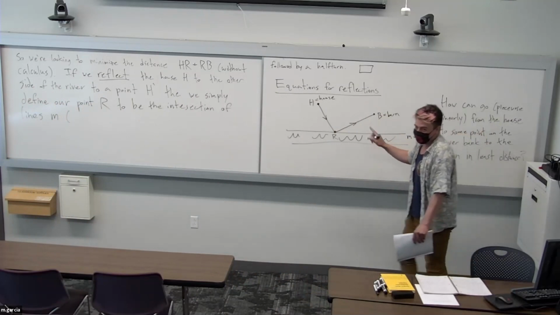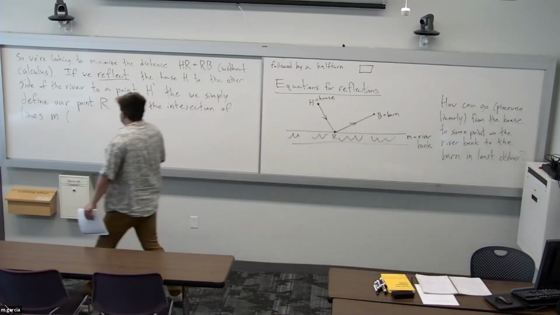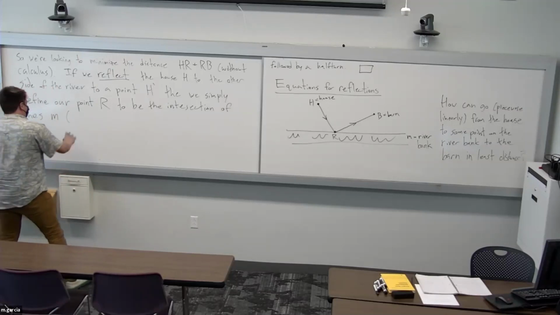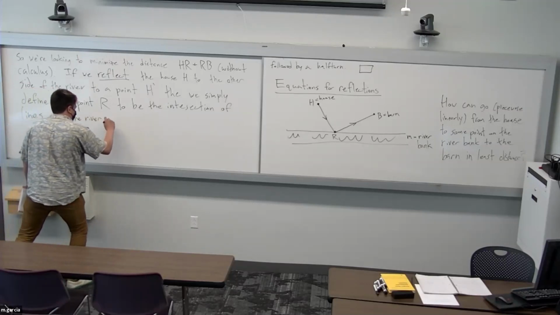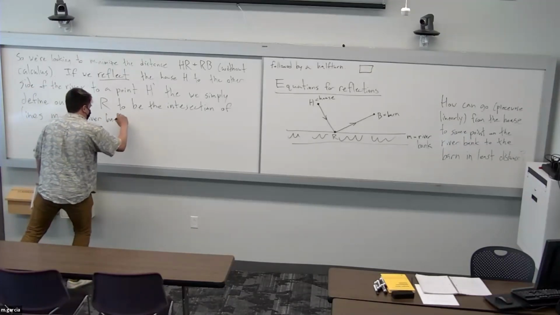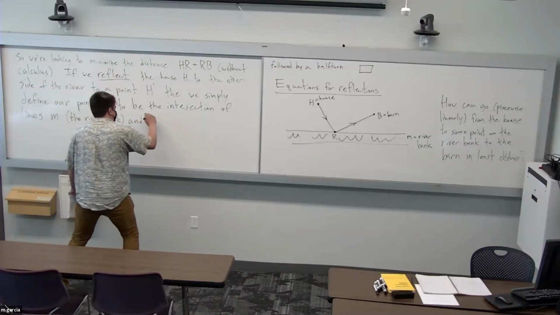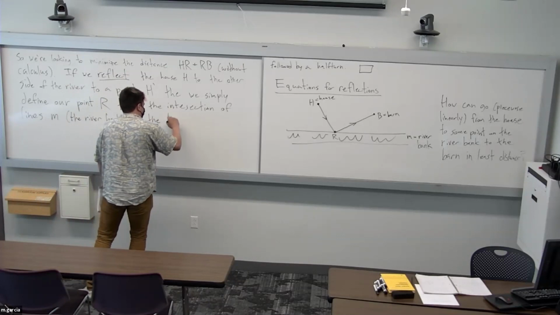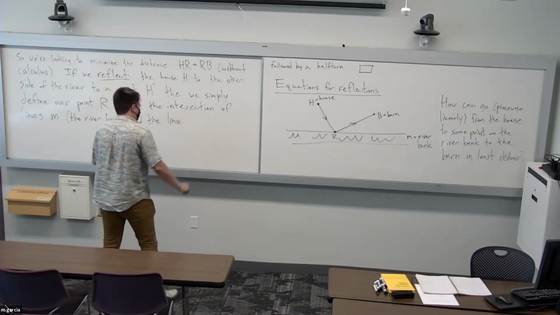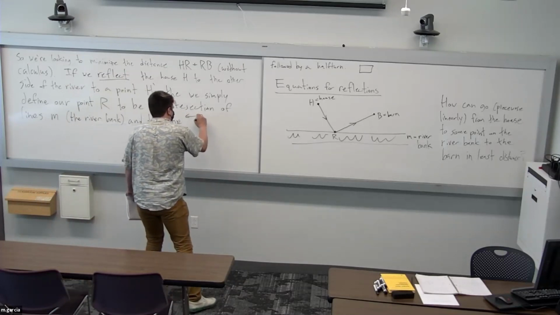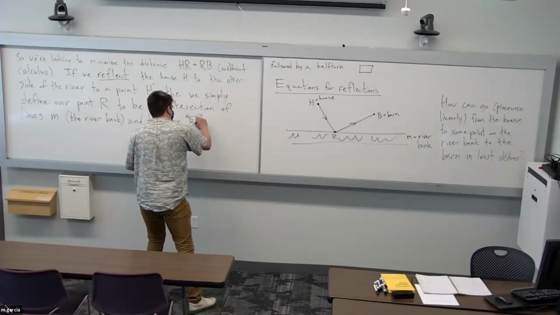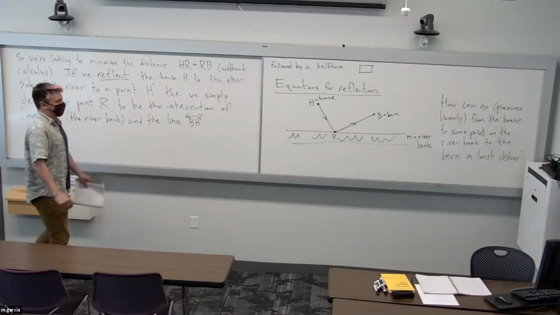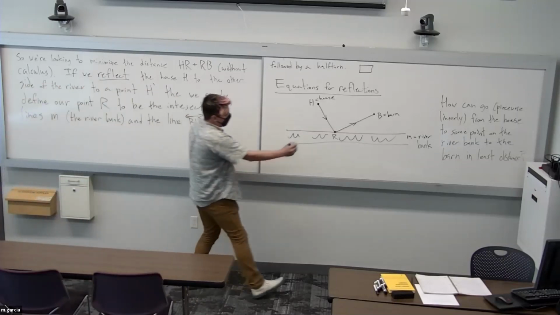That's a line, yeah. Okay. The lines M, the riverbank, and the line B, H prime. Right? So, in other words,